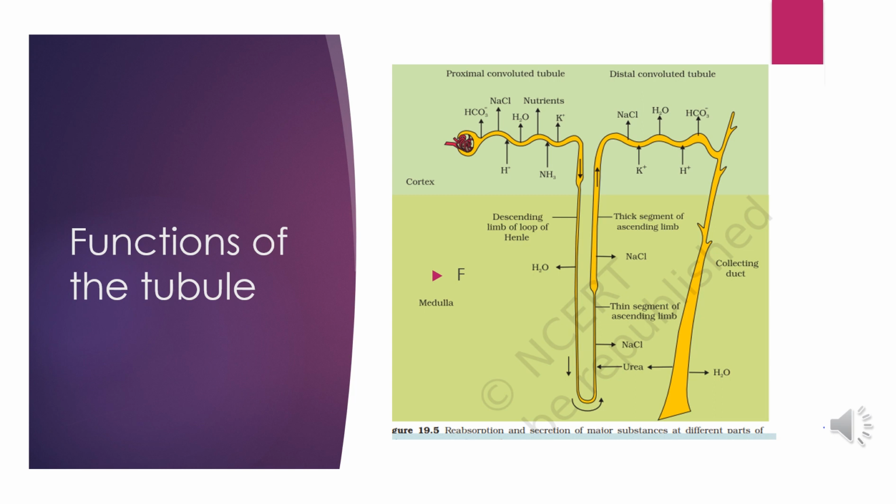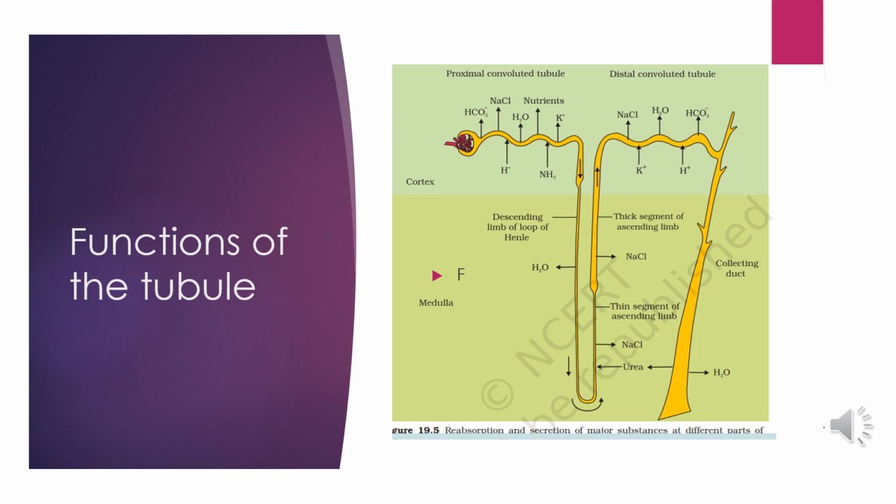Now next is what happens at the collecting duct. From the distal convoluted tubule, filtrate enters the collecting duct where further reabsorption of water takes place. The filtrate becomes more concentrated, which makes it hypertonic to blood plasma. The entire duct is permeable to water. Thus, a considerable amount of water is reabsorbed in the collecting duct under the influence of anti-diuretic hormone. Sodium is reabsorbed in the collecting duct under the influence of aldosterone. The filtrate is now called urine. Thus, urine is hypotonic to blood and isotonic to medullary fluid.